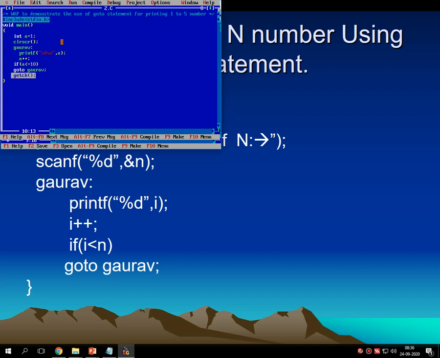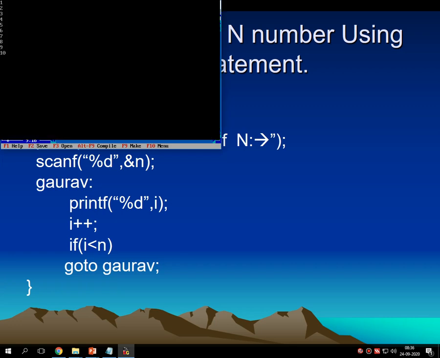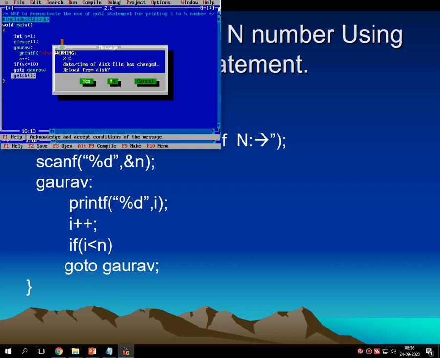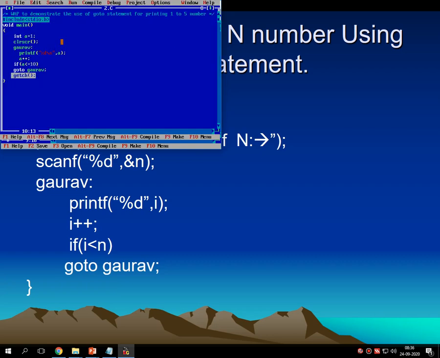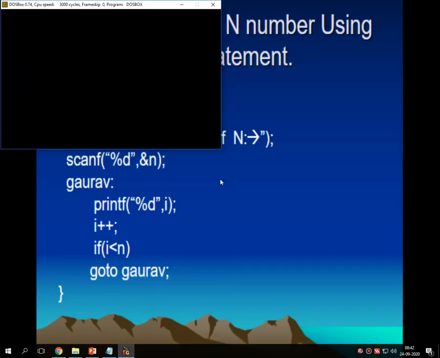So I hope you have decided the answer, and those who have decided the answer is 1 2 3 4 5 6 7 8 9 10, they are correct. That means it prints the 10 numbers. So this is the repetition in C. Now let's see this entire code in Notepad.